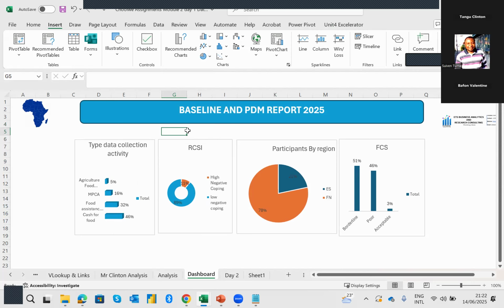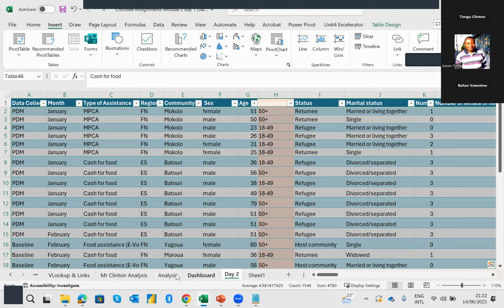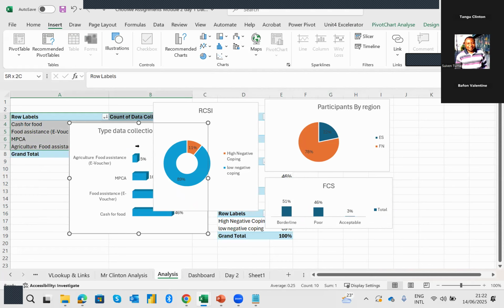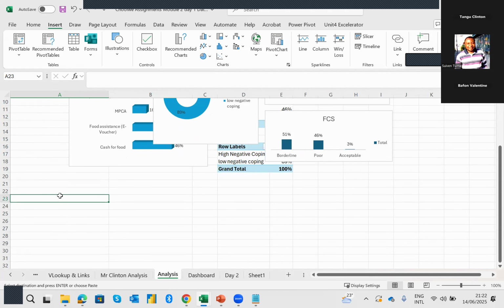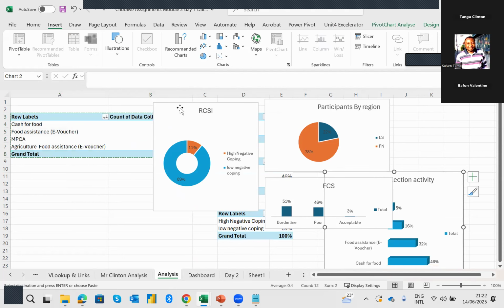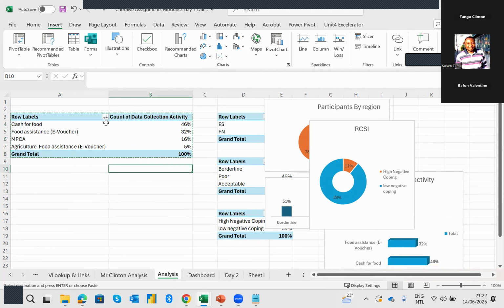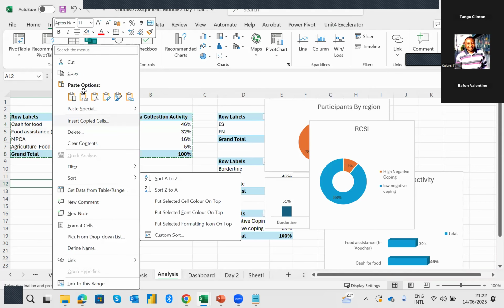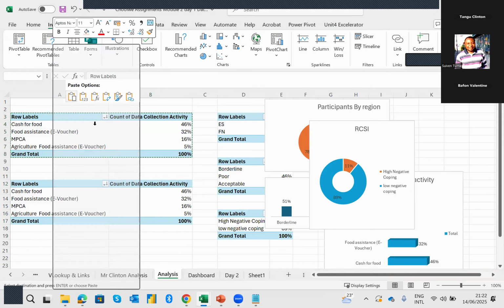So what do I need to do? I just need to put an equal sign. I don't know if we had that here on our analysis tab. Oh, no, we do not have it here. So let me just include it. If I bring this down, I just copy it, right? I highlight it. Let me remove this so that we can see what I'm doing. So what I need to do is to highlight, I copy, I bring it down, I paste it, and then